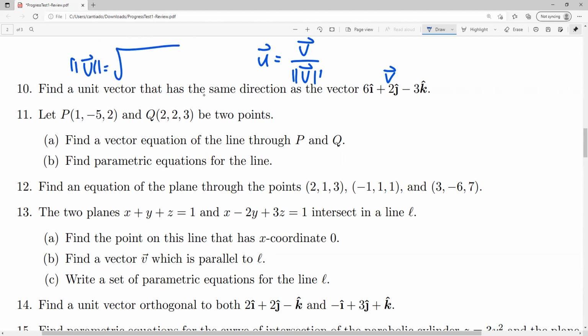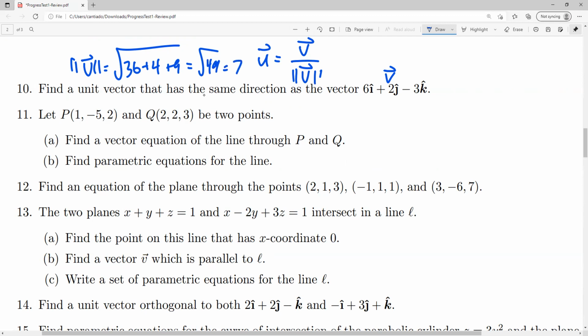Well, let's see, it's the square root of each of the components squared. So 6 squared is 36, 2 squared is 4, and -3 squared is 9. Let's see what this all adds up to. So we got 36 plus 4 is 40, so this is the square root of 49, which is equal to